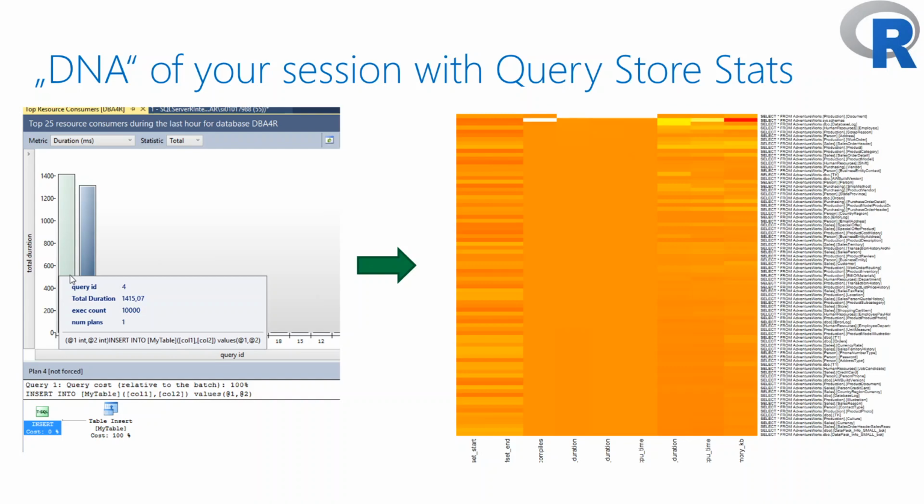And the heat map on the right-hand side basically represents the correlations among different statistics gathered from Query Store, for a particular set of select statements.